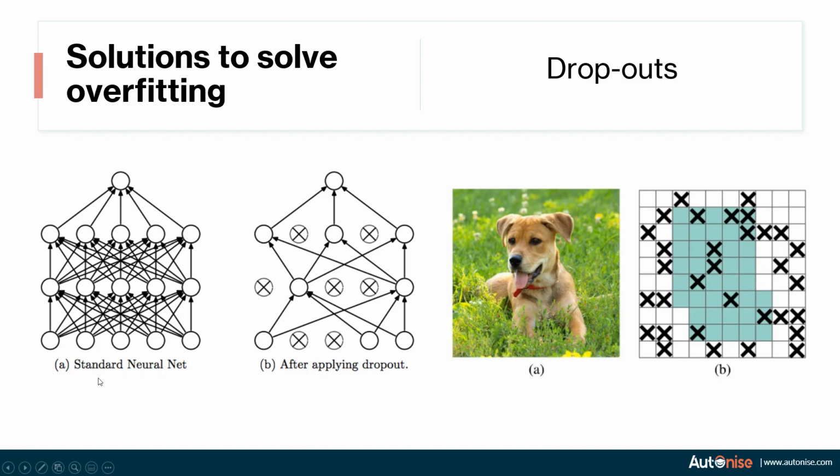In a standard neural network, every neuron is connected to the next neuron. But after applying dropouts, some of the neurons are removed or made the value 0. Hence, the model has yet to predict the correct class, and to do that, it has to look at different parts of the image. This can reduce overfitting because it generalizes the model, and the model sees a lot of different kinds of data during the training itself. So dropouts are another way to solve overfitting.